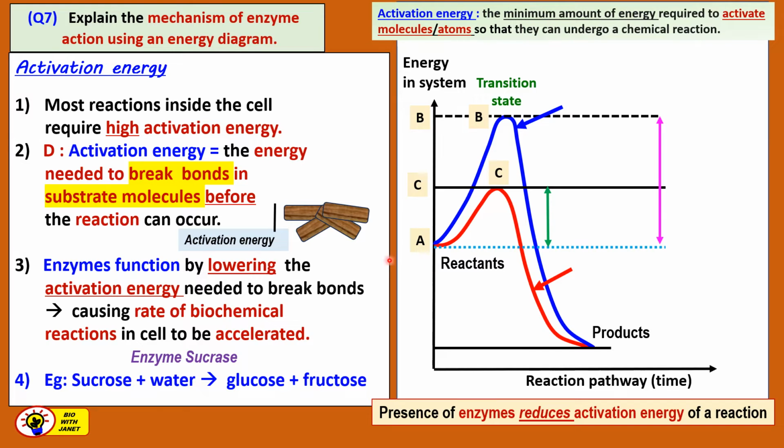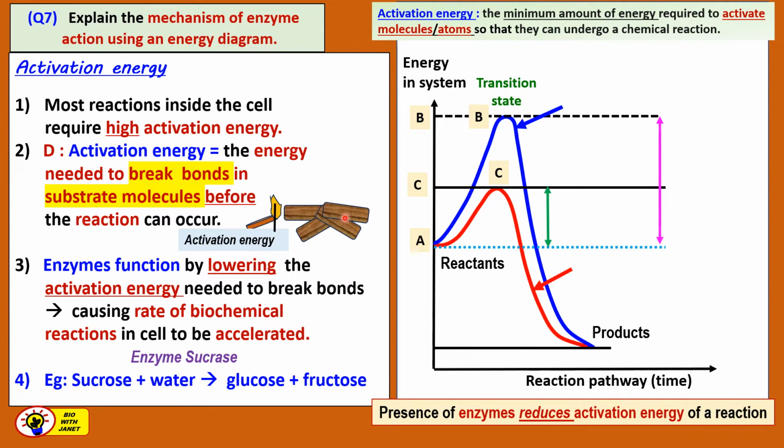If you leave the logs of wood there, exposed to the oxygen in the air, nothing is going to happen. They're not going to burn on their own. So you need to light a match, put some petrol on the wood, and then set the wood on fire, right? So the match will provide the activation energy for the wood molecules and the oxygen to undergo the chemical reaction